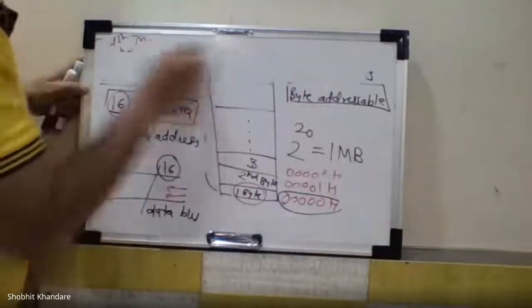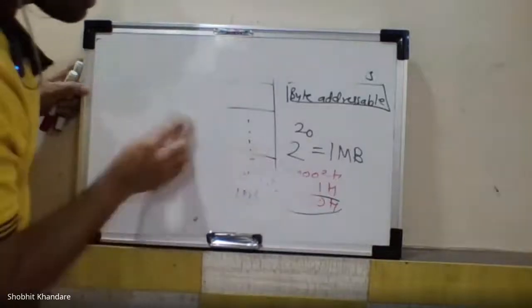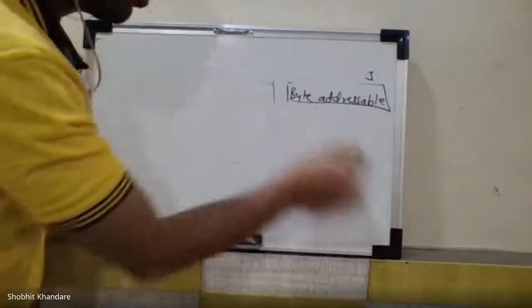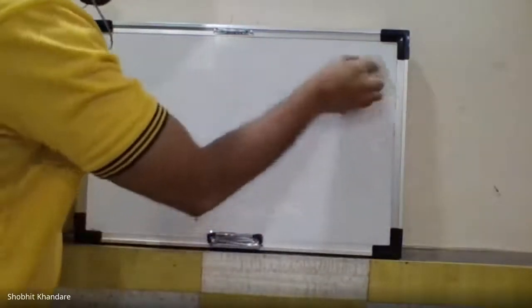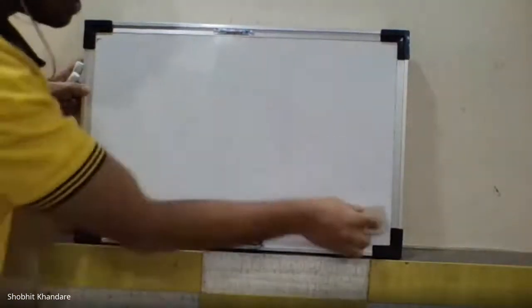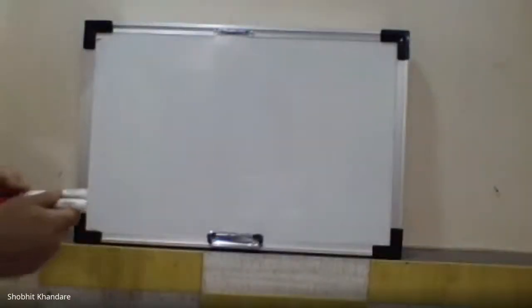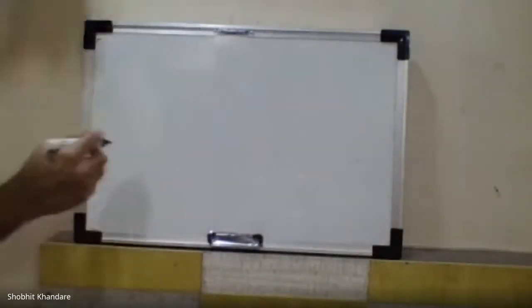We are going to understand the bank. And what do you mean by separating the memory of 1 MB into two banks, equal two banks? What is the meaning of this? We'll see now. Before we see the bank, once again, please write down along with me, which already you have written.